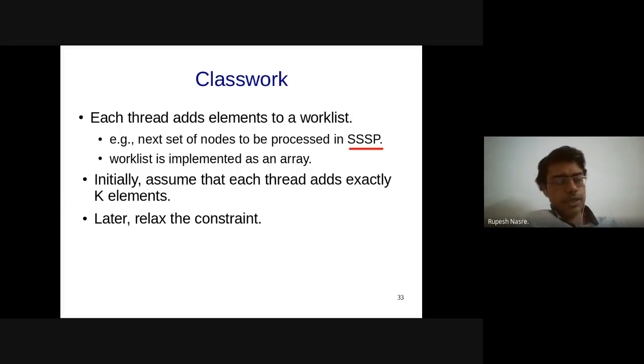Those are algorithmic issues which we'll have to tackle in a different way. Currently, we are interested in synchronizing across different threads while inserting into the same array or same work list.